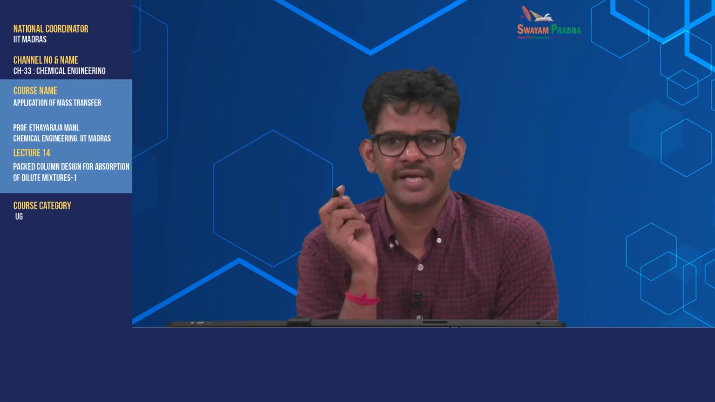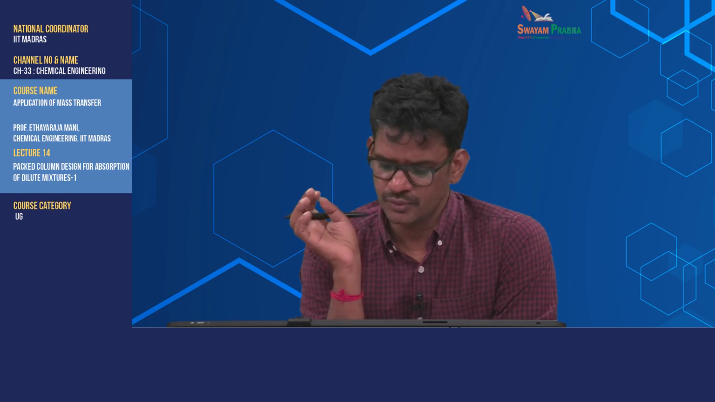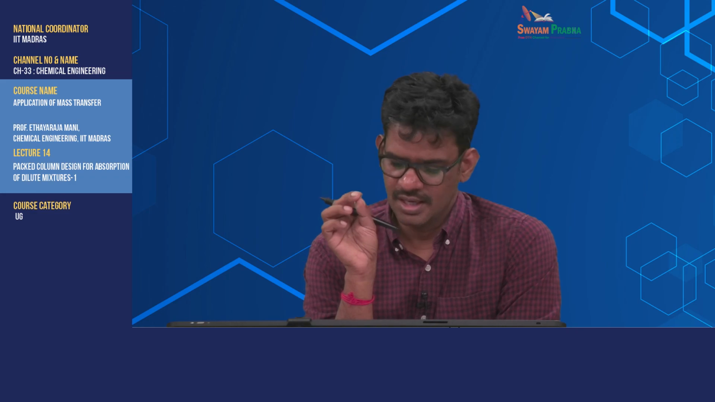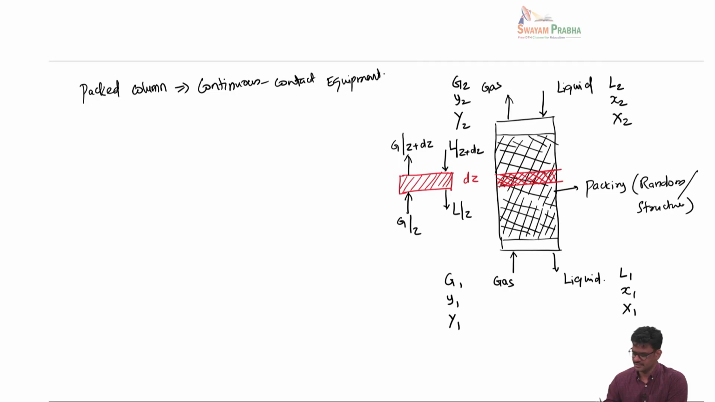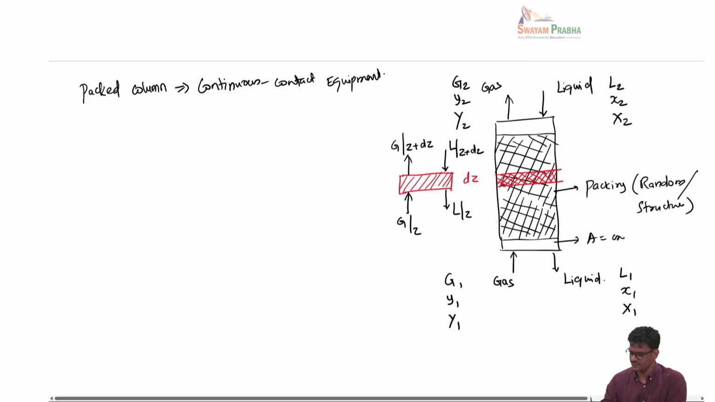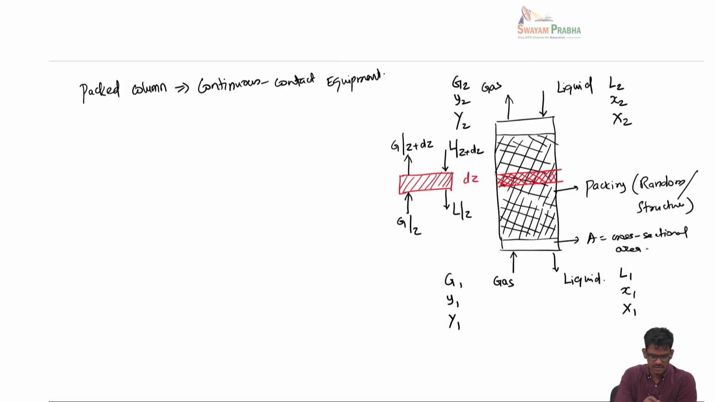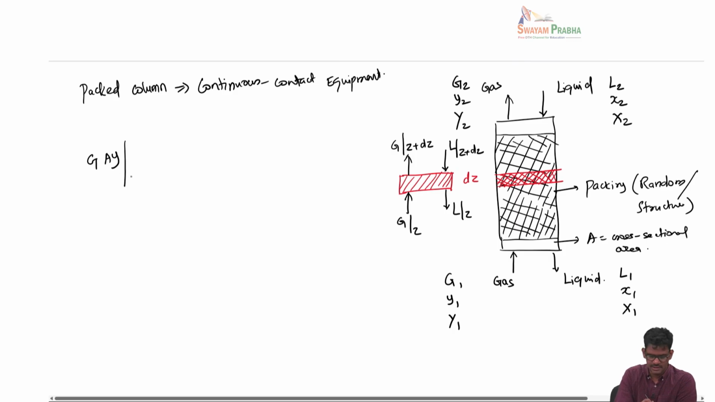You must be familiar with this shell balance when we do a material balance, or when we develop a material balance for a continuous contact. So we are trying to do something very similar. We are taking a very thin section of a length dz, and this would have a cross sectional area A. Okay, A is the cross section area of the column. So now let's write the material balance here for this particular thin section. So we have G A Y entering at